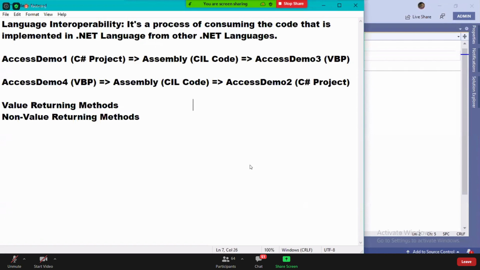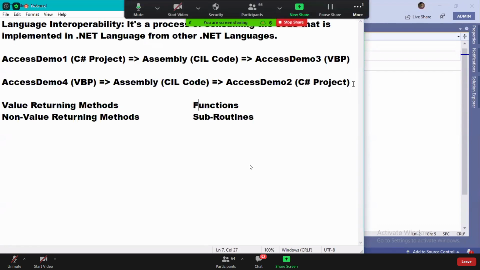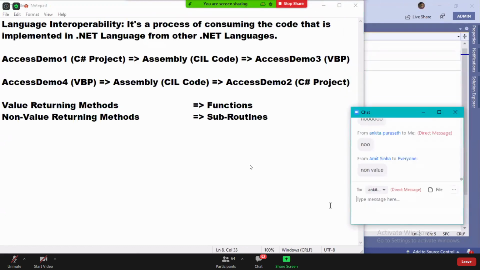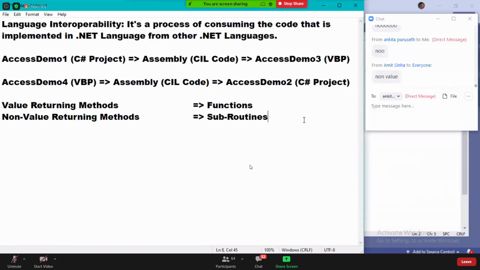Value returning methods are called functions in VB, and non-value returning methods are called subroutines in VB. In C# we say value returning and non-value returning, but here we call them function and subroutine.